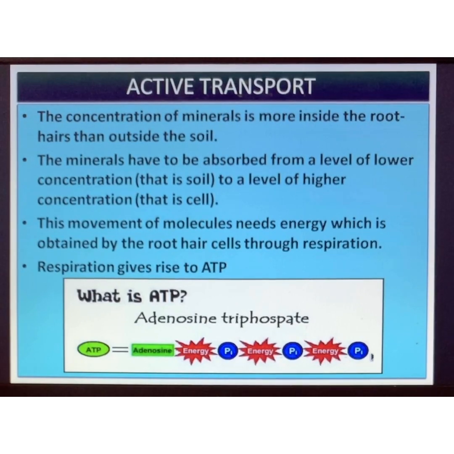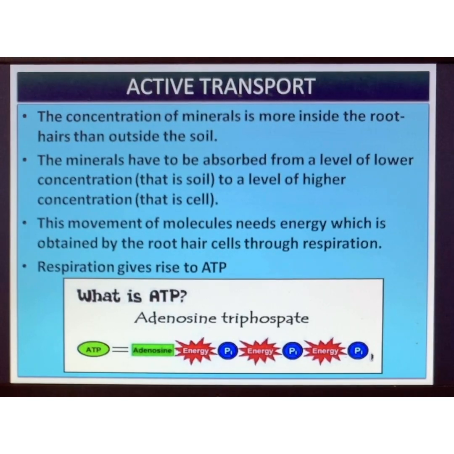Okay, so with this we finish off the 3 important processes required for the transport in plants. First one was diffusion, second one was osmosis, and third one is this active transport. Now moving on, in the next video we will be doing what happens to the water and minerals after all this, what exactly it does, where it goes, how it is absorbed, how it reaches every corner of the plant. So that will be again the second aspect of this particular chapter.